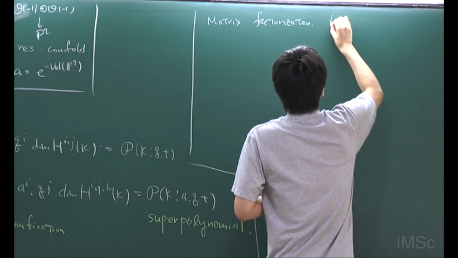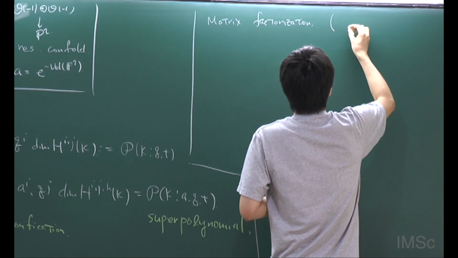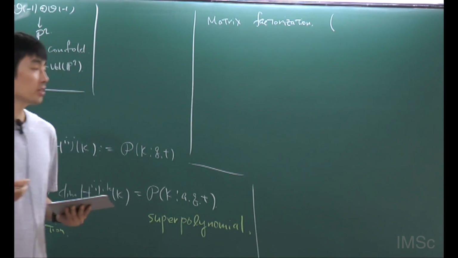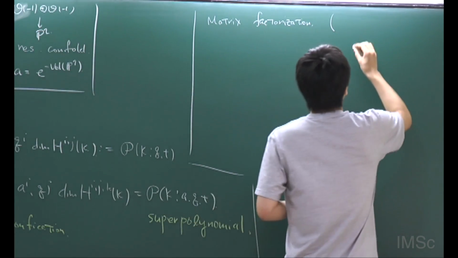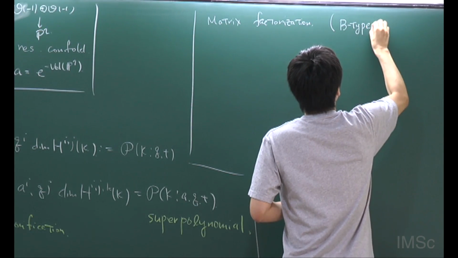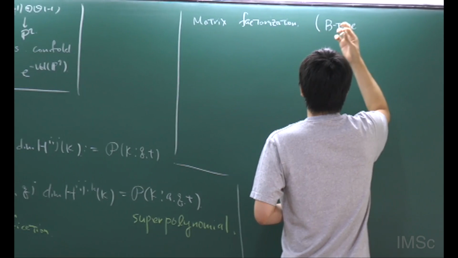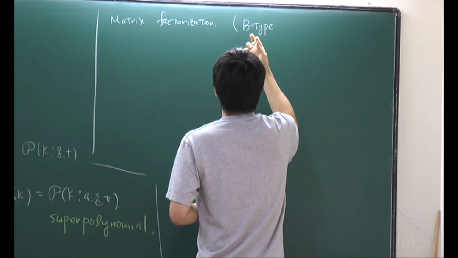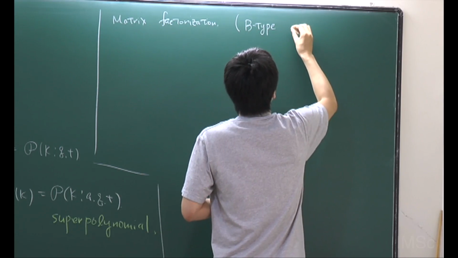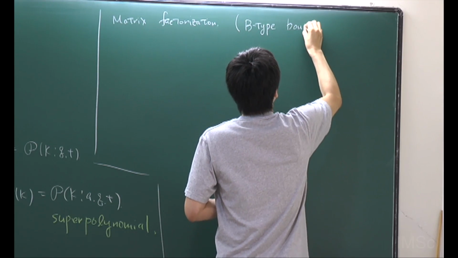It was actually introduced by Eisenbud a long time ago, but it appears in physics as the B-type boundary condition, meaning the supercharge is preserved at the boundary, like a B twist,